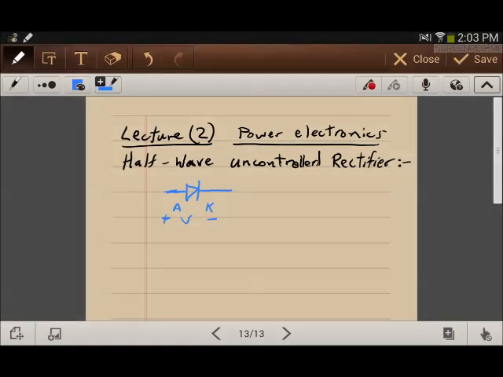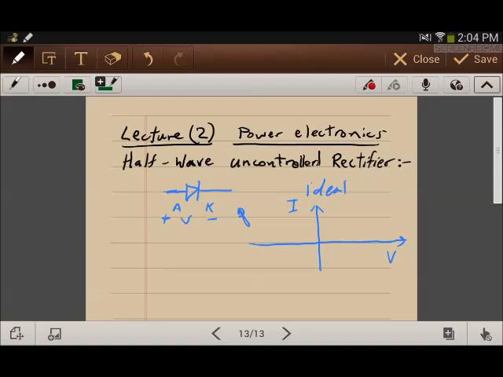This is lecture 2 in power electronics, and I'm going to talk about the half-wave uncontrolled rectifier. For this purpose we will be using the power diode shown here. And the ideal characteristic of a power diode, if this is the IV characteristic of the power diode,